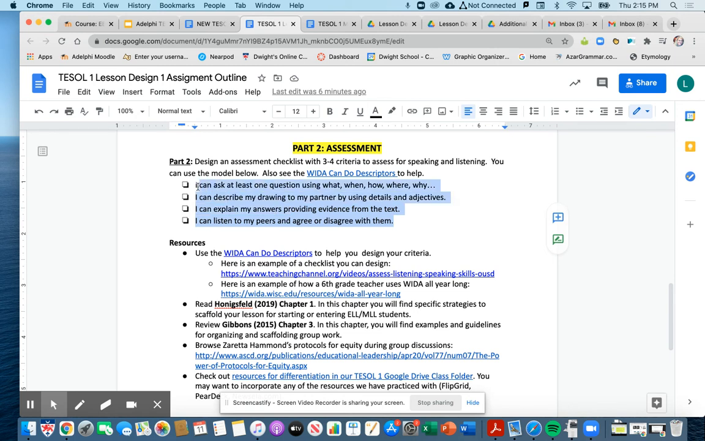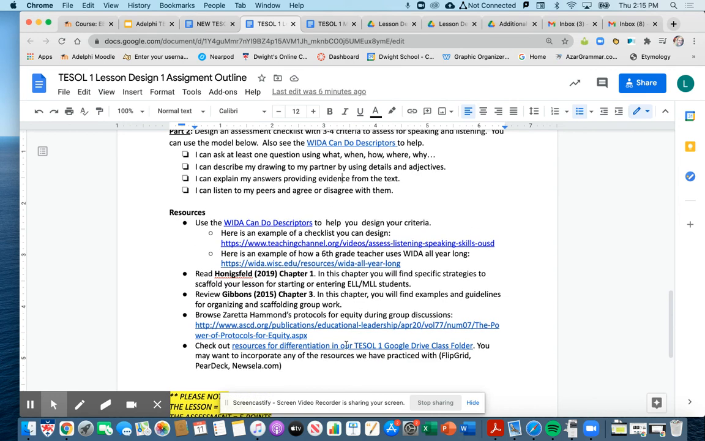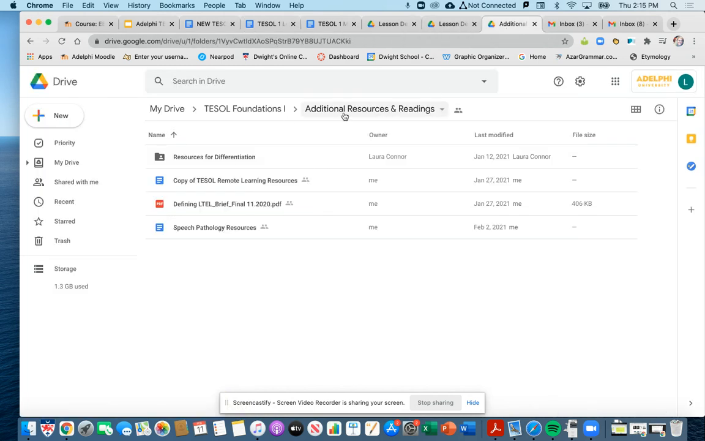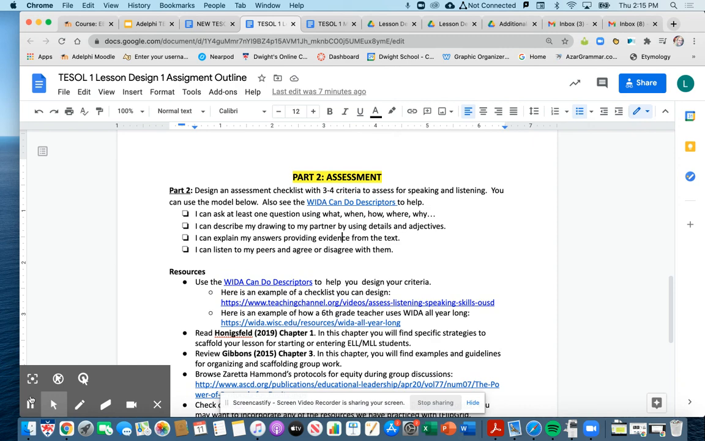Here's an example checklist. You will have to create a checklist for your assessment. Again, you can use your WIDA can-do descriptors. Then you also have all these resources here. You can check out our TESOL folder. There are additional resources and readings for differentiation there. In my next video, I'll be going through the lesson